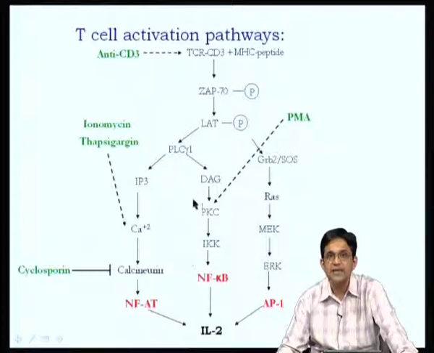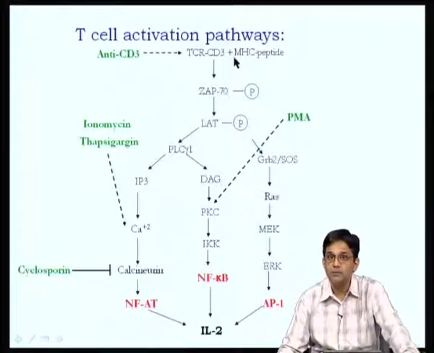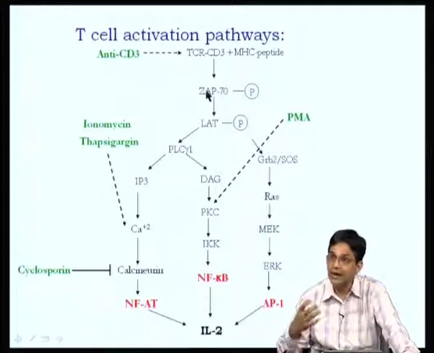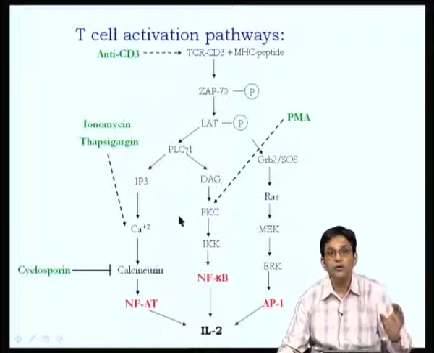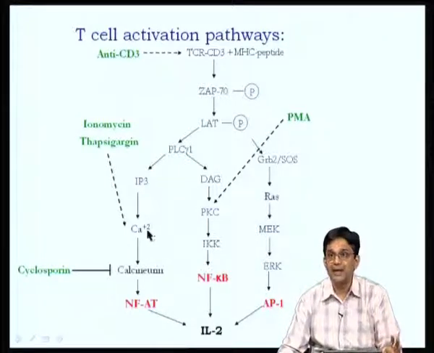We will discuss these in greater detail. Second, there are ways by which you can bypass T cell activation. Here, for example, the TCR-MHC-peptide interaction is the most physiological cognate interaction. You can bypass it using anti-CD3. If you want to activate all types of T cells, you can bypass it by using the combination of phorbol ester PMA, which binds and activates PKC constitutively. And the other thing you need to do is to open up the calcium, or increase